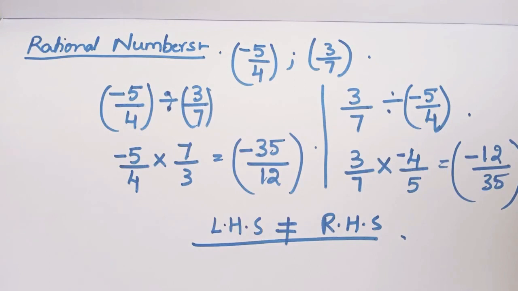Now, what have we done? Closure property we have checked for whole numbers, integers and our rational numbers for all the 4 operators, that is addition, subtraction, multiplication and division. And next we have come over to the commutative property. That also we have checked for whole numbers, integers and our rational numbers for all the 4 operators, that is addition, subtraction, multiplication and division. In this, we came to a conclusion that addition and multiplication are commutative, whereas subtraction and division are not commutative. Understood? With this, we finished this property also.